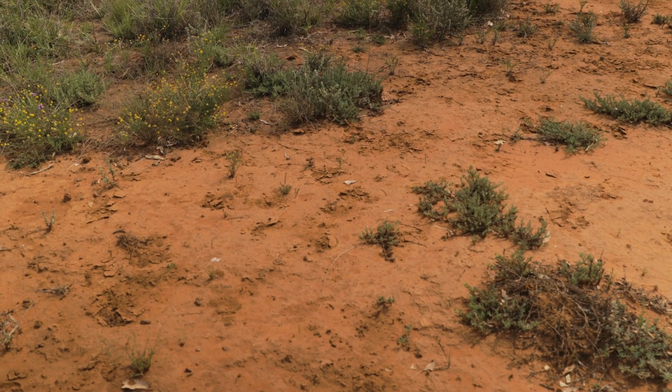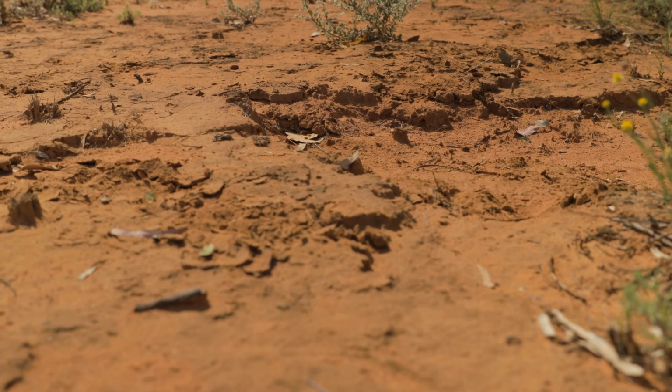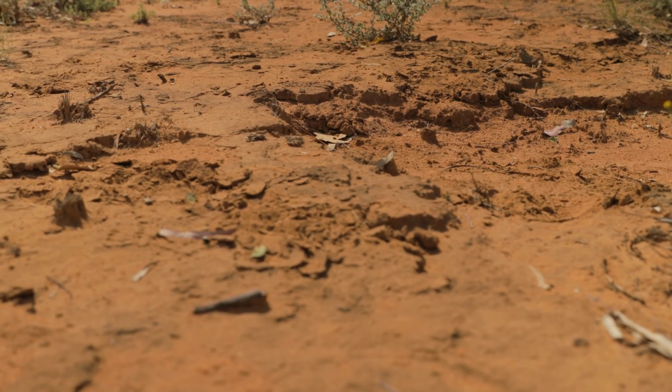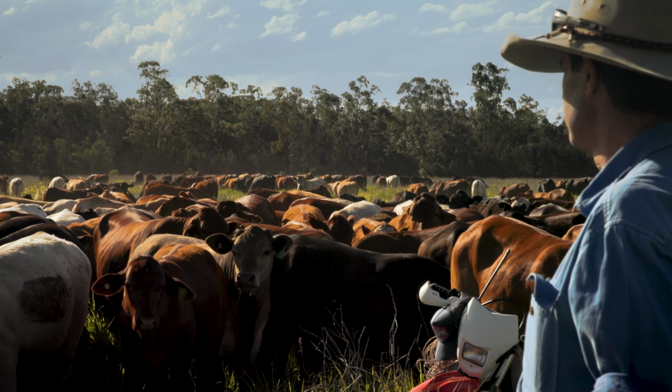What happens over time, if you leave stock in the paddock, they'd basically grazed out a lot of the desirable species over time, so we're left with a lot of lower successional, undesirable grasses. We knew the undesirables, and we had that mindset at that time that we needed to get rid of the roly-poly. The only way to get rid of the roly-poly...